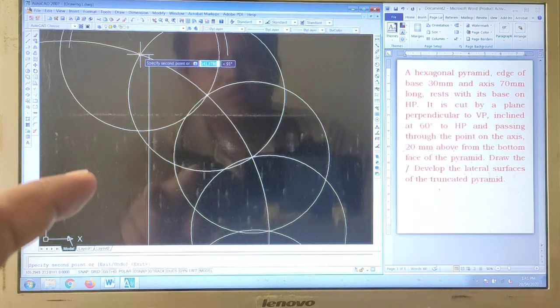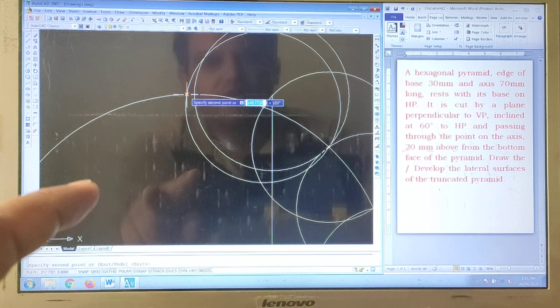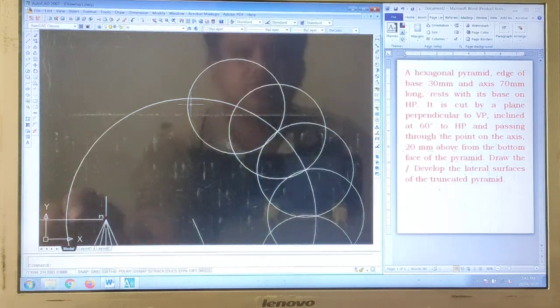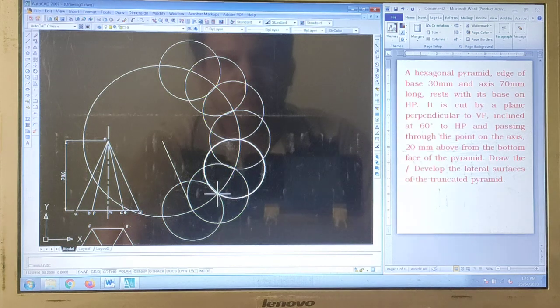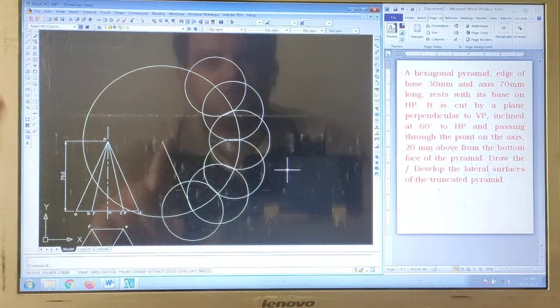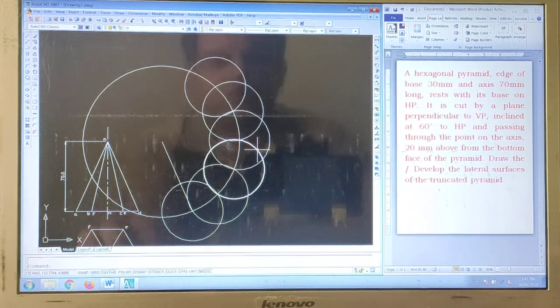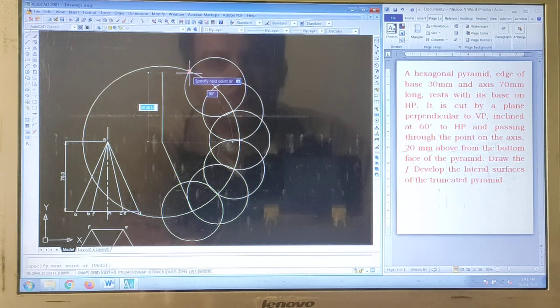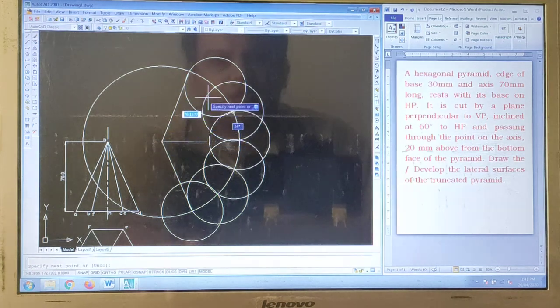6th, 7th, and no, we are going to require 6 only, isn't it? See, first division, second, third, 4th, 5th and 6th. This is not required. Okay, so we are having 6 base edges, so 6 arcs we have drawn. Now we will draw line starting from this point till this point, again a line from this to this.